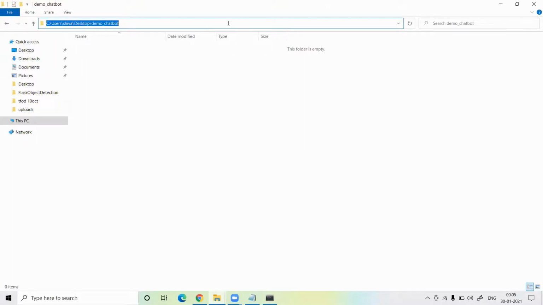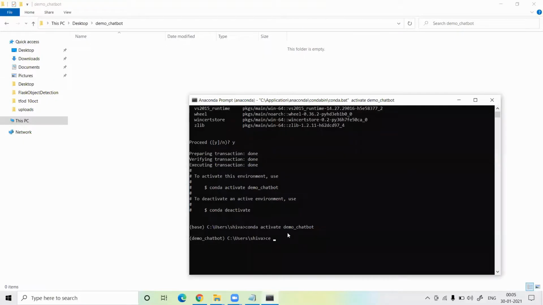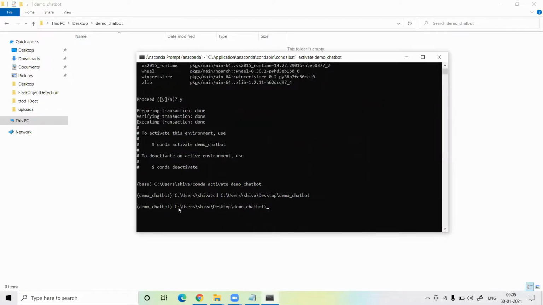I just copy this path and paste it in the Anaconda Prompt: write cd, a space, paste your path here and hit enter. See, your path will be activated. Previously we were in another drive, but now in the C drive we have the demo chatbot folder.